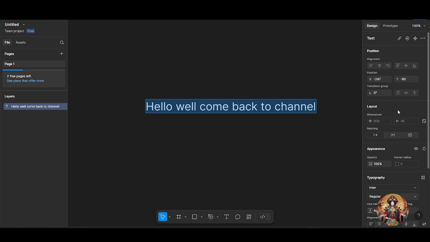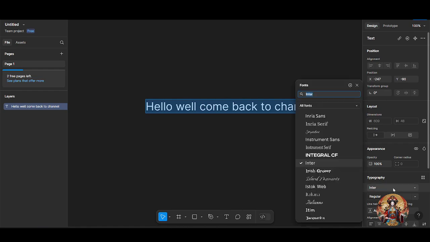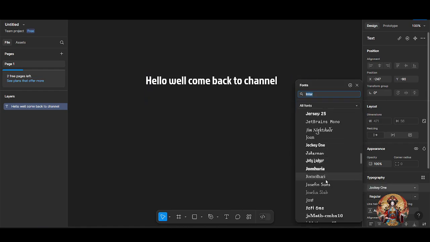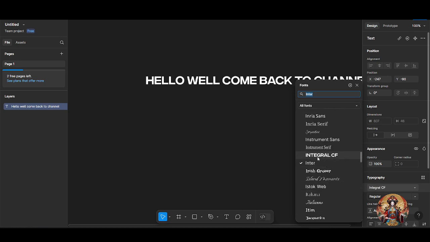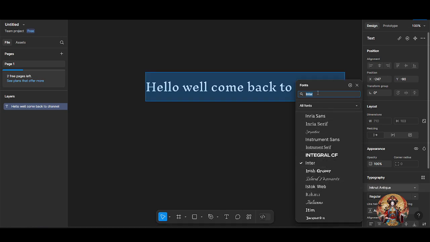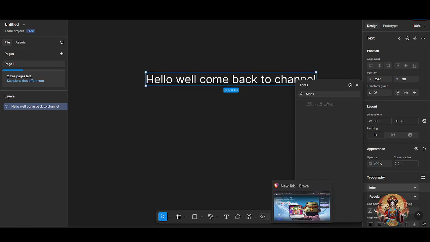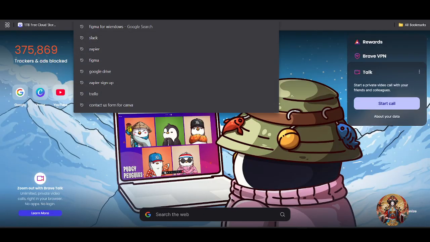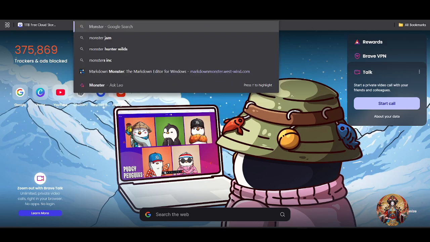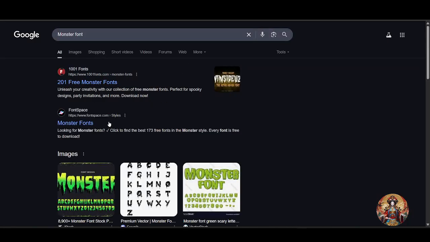As you can see here, if I click on the text I will get typography, but there are lots of options, but sometimes I need some. For example, I need Montserrat, so that I don't have a Montserrat font. So what I will do, I will just go into browser and search for Montserrat font and click on that